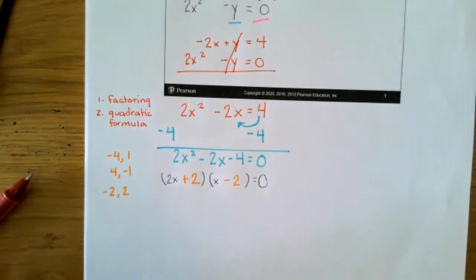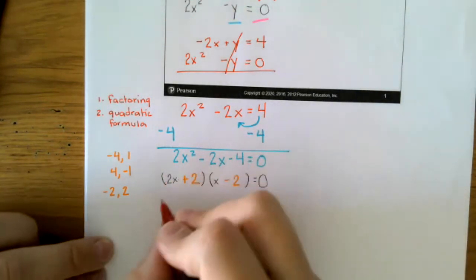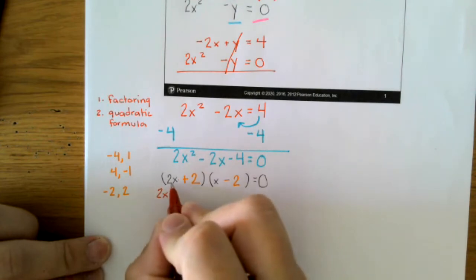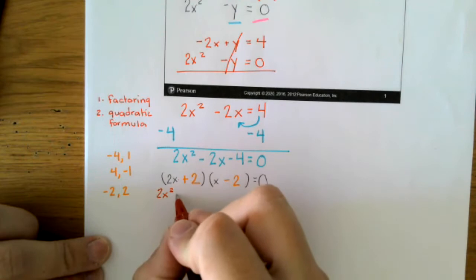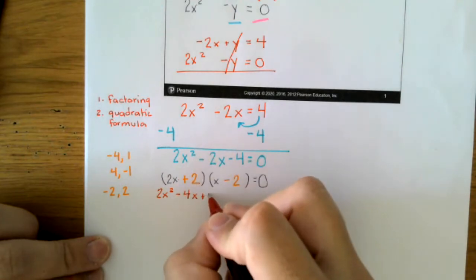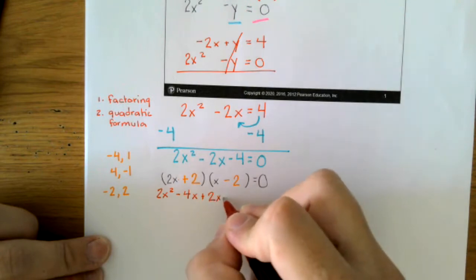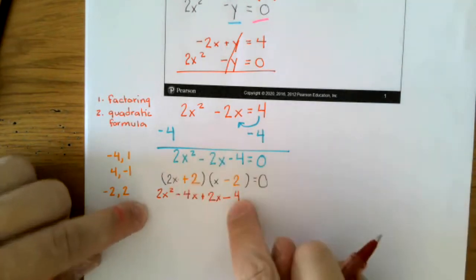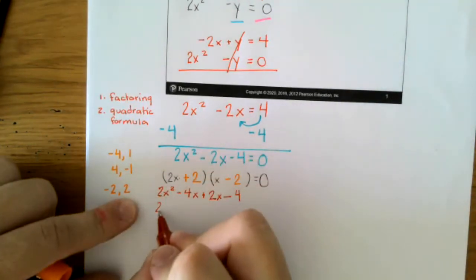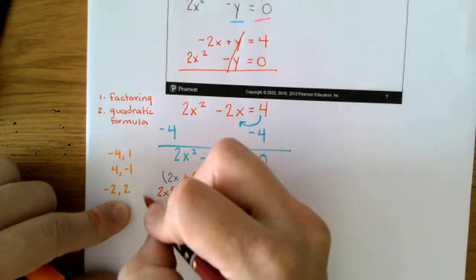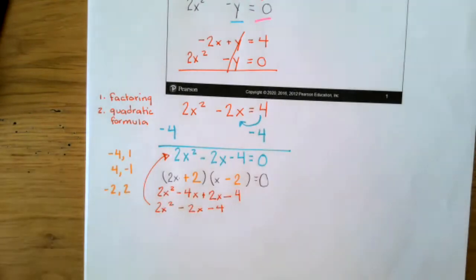And we can just check it real quick. 2x times x is 2x squared. 2x times -2 is -4x. 2 times x is +2x. And +2 times -2 is -4, which does match up there because that would become 2x squared minus 2x minus 4. So that's okay. You can factor it, or we could do the quadratic equation,